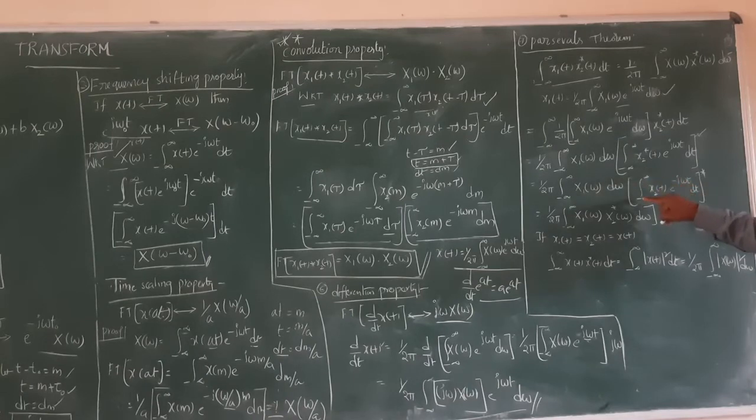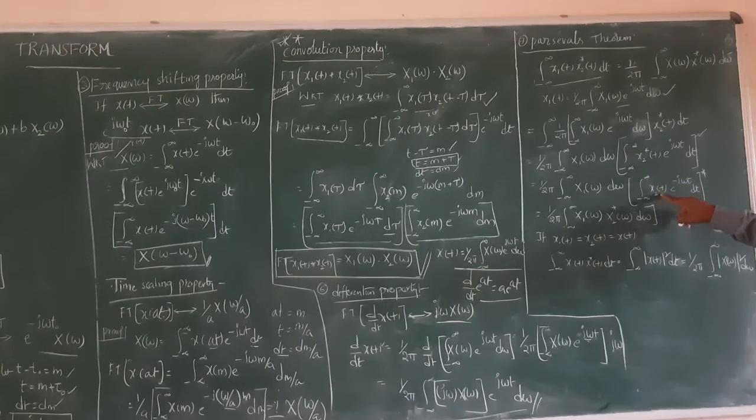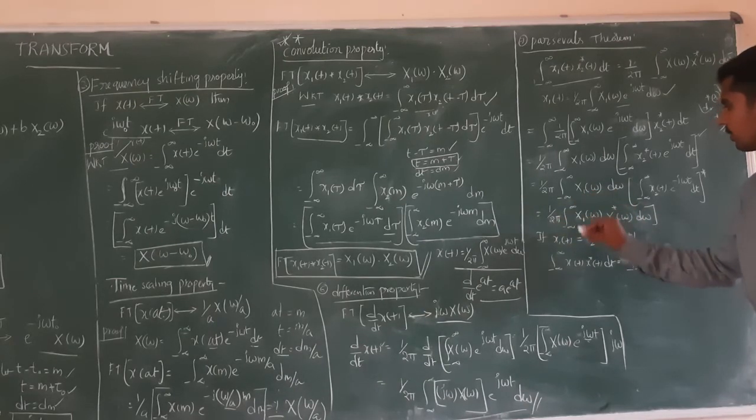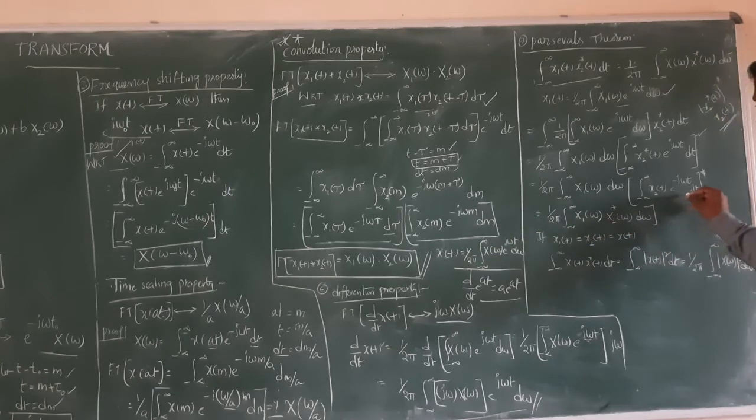Now if you observe this one, I will take the complex conjugate of this one. I can represent integral minus infinity to infinity x2 conjugate of t, obviously the conjugate of that, x2 conjugate of t whole conjugate, is equal to x2 of t only. I think you are also aware of that one. So from that I can represent x2 of t here, conjugate of this one equal to e power minus j omega t into conjugate. Now it is equal to 1 by 2 pi integral minus infinity to infinity x1 of omega into, if we compare this one, it is also the standard Fourier transform equation of x2 of omega. Therefore x2 of omega conjugate into d omega, guys.